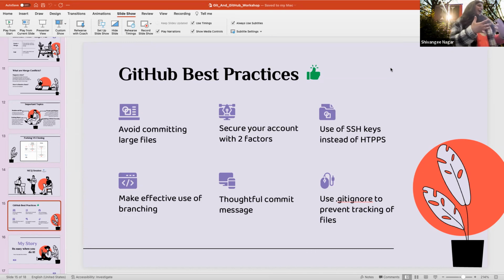But that mostly happens when you're working on a small project. If the project is bigger, then the branch names start being the names of features. Let's say I have a login page, and then someone has the CRUD operation page, and then someone has some other page: feature 1, feature 2, feature 3, and so on. So we have to make effective use of branching. Be very sure of when you're creating a branch or deleting a branch.